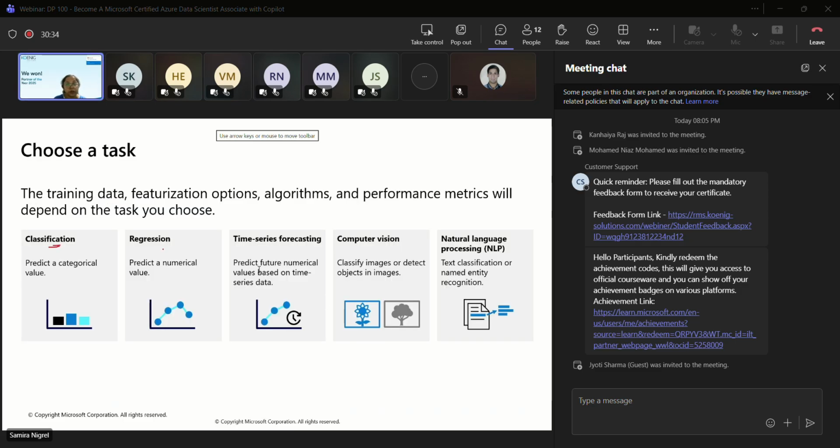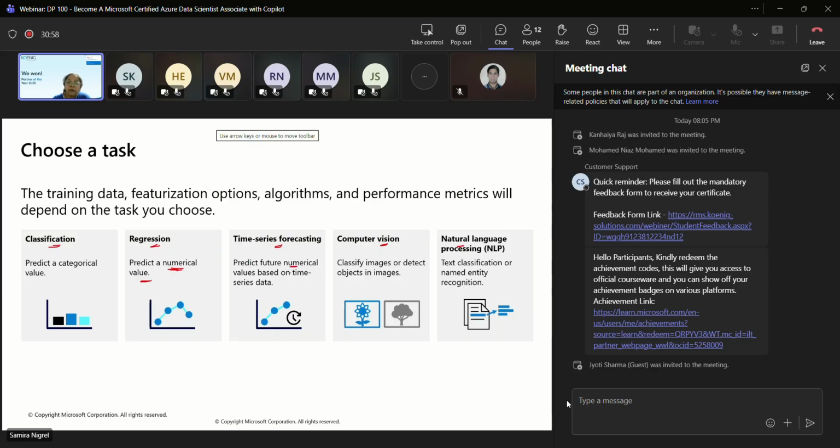Now this works on classification, regression, time series forecasting, computer vision, and natural language processing. Classification, as the name suggests, predicts a categorical value, like whether a person is diabetic or non-diabetic. Regression, for example, is house price prediction, where you predict a numerical value.